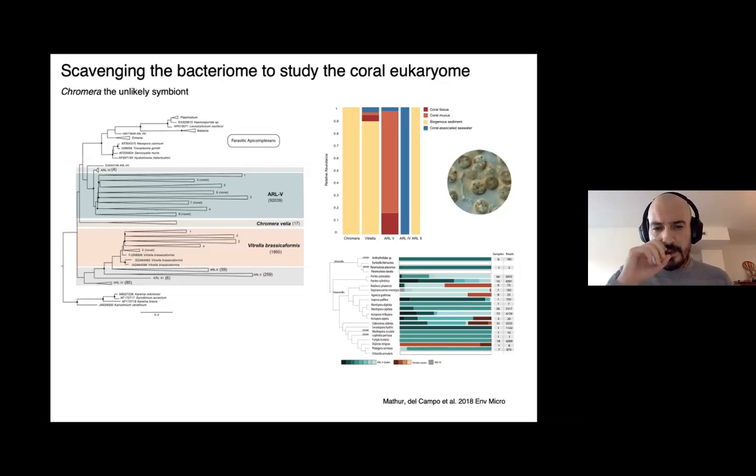But based on our analysis of this 16S microbiome data that allowed us to recover the chloroplast of Chromera, we show that indeed Chromera is not strictly associated to corals, and in most cases you cannot find any signal from Chromera in corals, despite you can find Chromera in the biogenous sediment, that is the sediment below corals. So it lives in the coral reef, it doesn't live within corals.